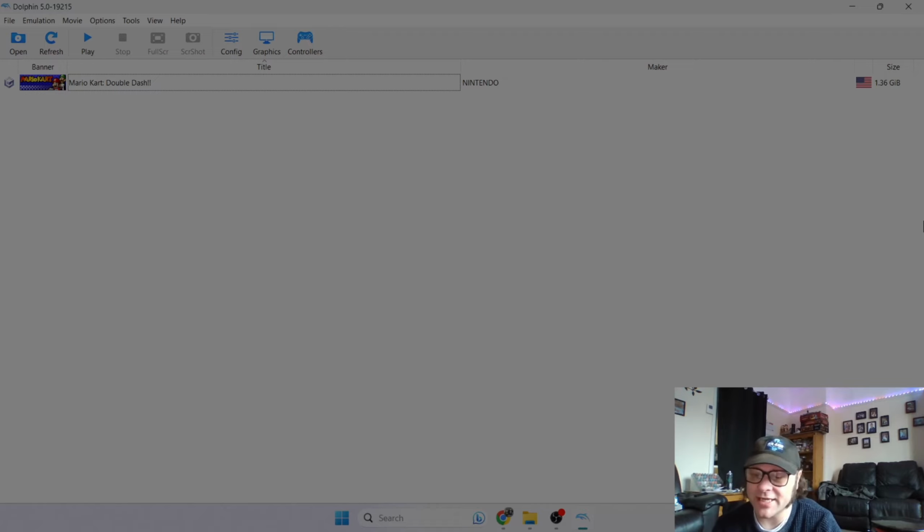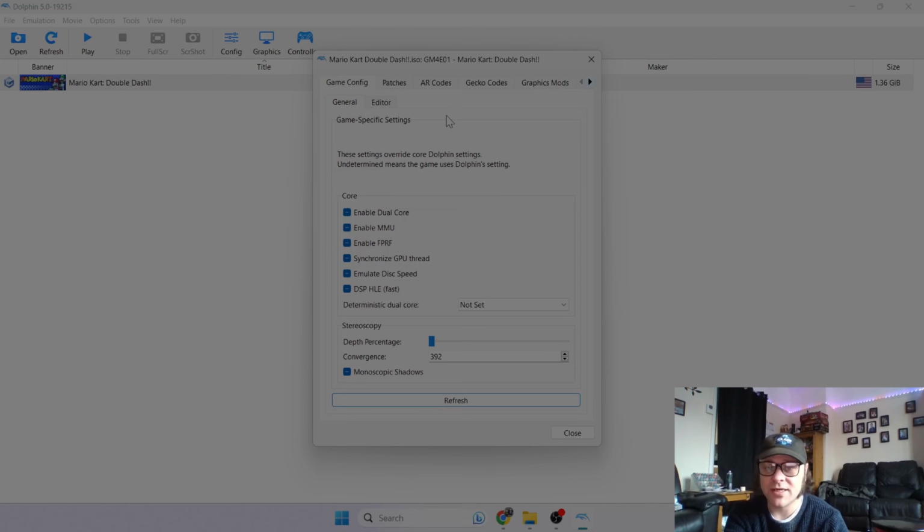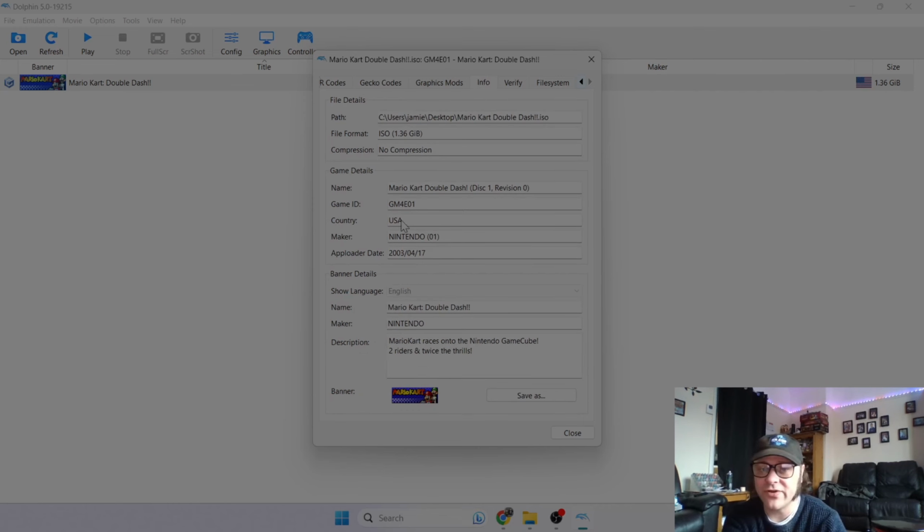HD texture packs for GameCube games are a little bit scattered over the internet, but it's the same process. You need to match your game ID, which I showed you by right-clicking on your game icon. Just go to Properties, and if you check out which game code you've got, which is under Info, you just match this up with the HD texture pack download. Same process, you go into the folders,